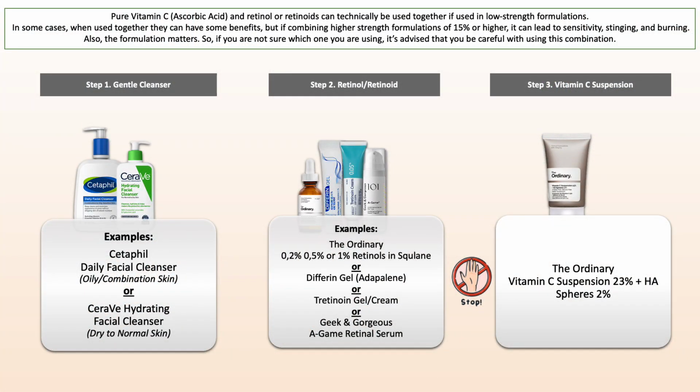And the other one would be retinol or retinoids. So I recommend going with them separately, like use them in separate routines. Basically create 2 evening routines and then use your vitamin C suspension on Monday, your retinol or retinoid on Tuesday, again the vitamin C suspension on Wednesday, so that you still can get the benefits of both, but you're not going to use them in the same routine since both should be used in the evening. And so then there you have those specific conflicts.